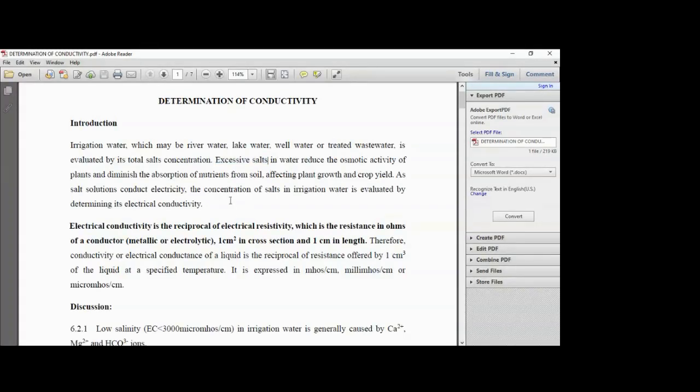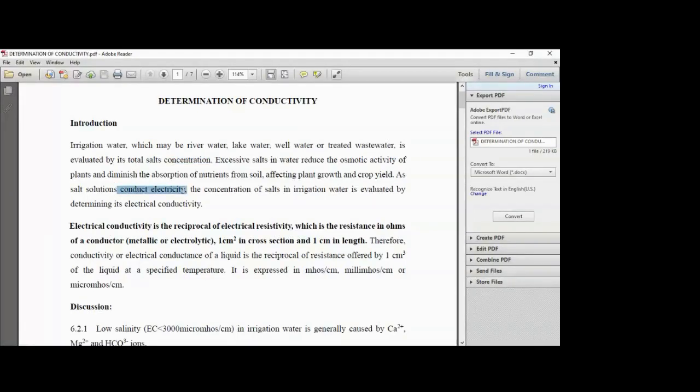And we have to remember that these salts are total dissolved solids, right? So salts come into the category of dissolved solids. They are not visible, and they are not in suspension, right? They are always in the dissolved state. So what we are going to do is correlate the total dissolved solids with the conduction of electricity. Indirectly, we are going to correlate the salt concentration with the conduction